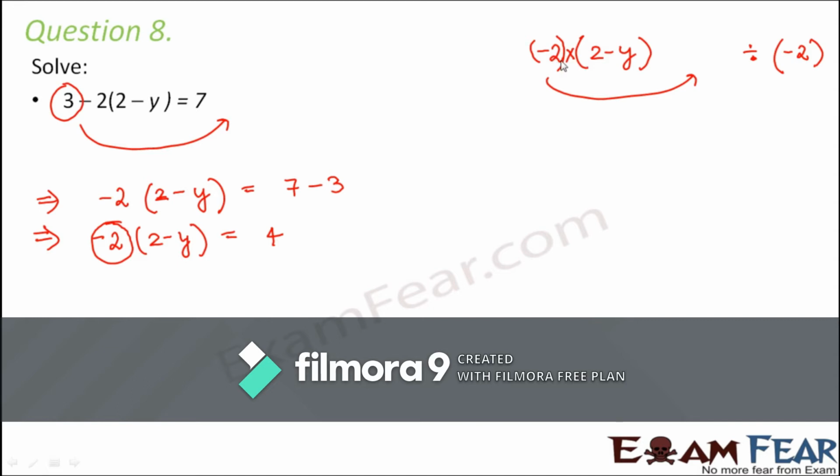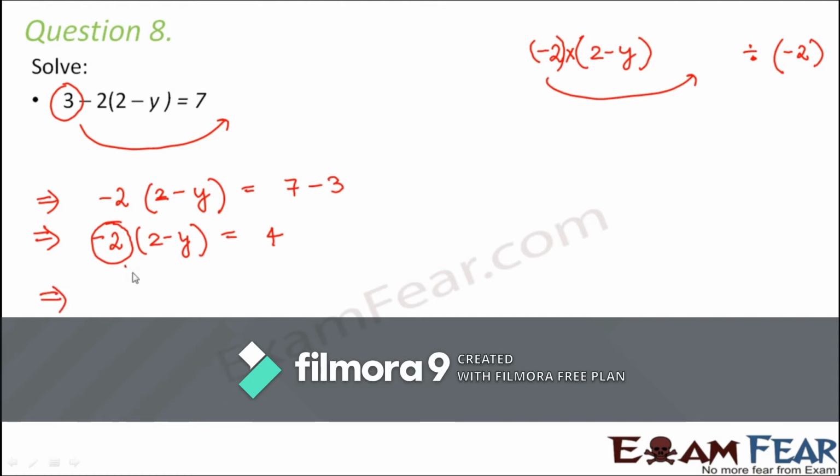In this case, this 2 is not getting subtracted from any number. Minus 2 basically is a negative number which is getting multiplied to another number. So basically the operation is multiplication. So this is a number. Minus 2 is a number as a whole, and here minus 2 is getting multiplied. Therefore, the moment it gets shifted to the other side, the number will remain minus 2, but this time it will get divided. So that's one important thing to understand so that you do not get confused.